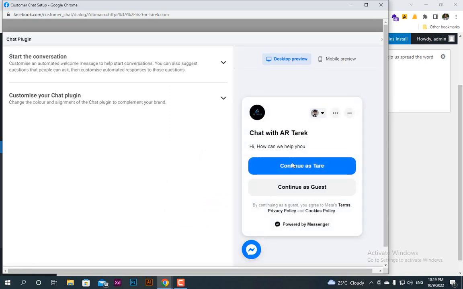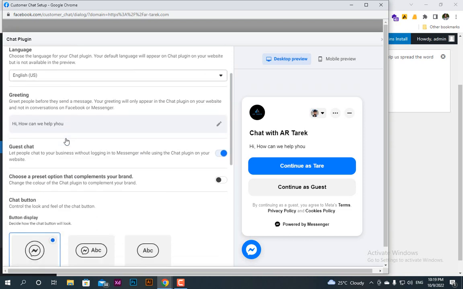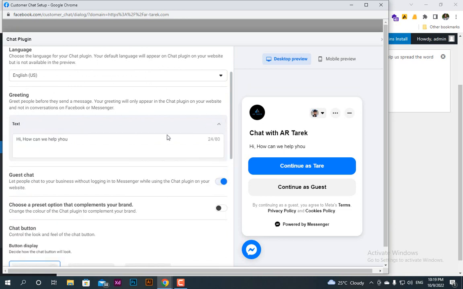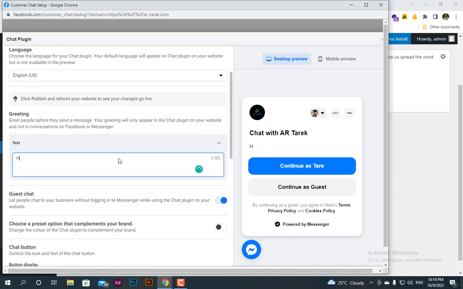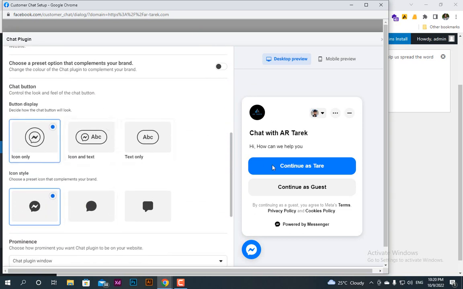Okay, this is how our chatbot will look like in our website. So to customize our chat plugin, we'll click on this arrow. You can choose your language. Then this is a tagline which is appearing in here, so we can change it like hi, how can we help you, or anything else, whatever you would like to add here. Then you can edit the icon